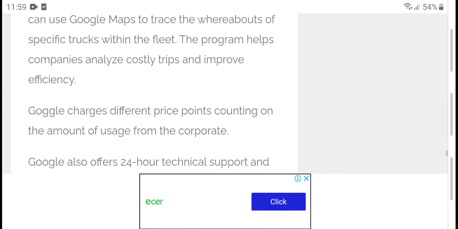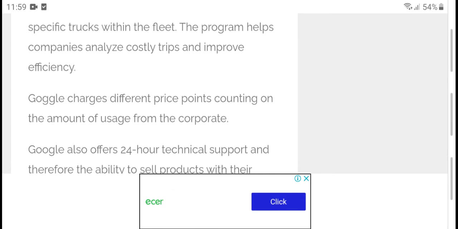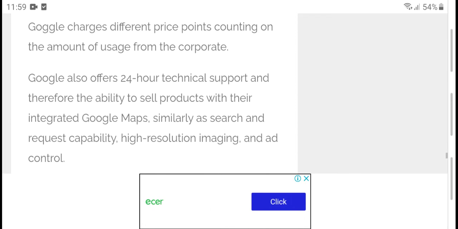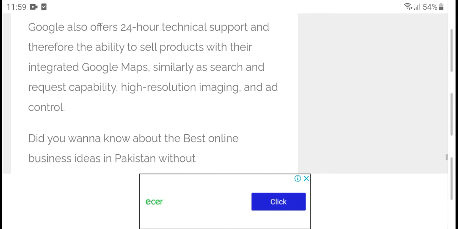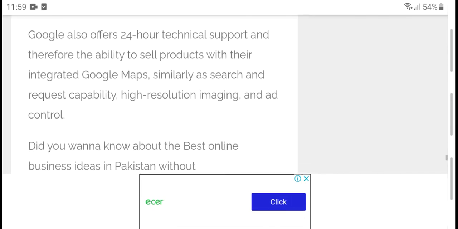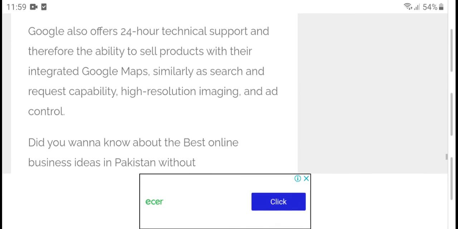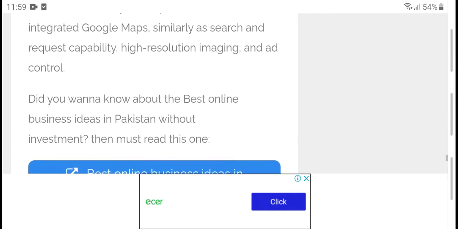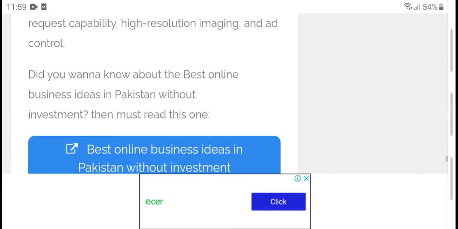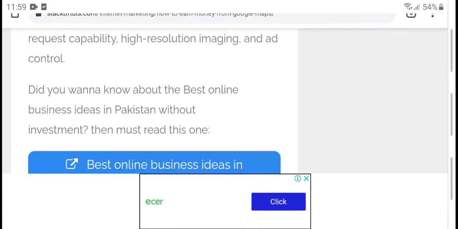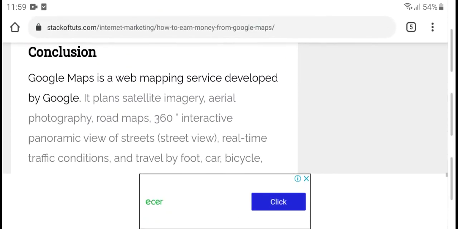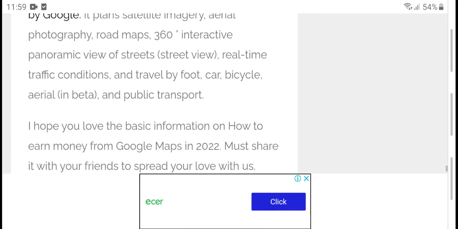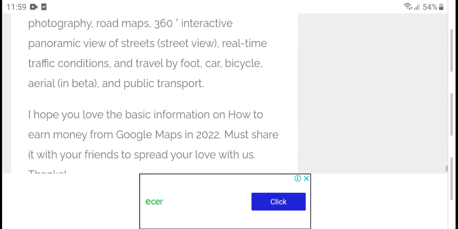Especially with the feed program, it helps Google change price points and costs. Google also offers 24 hours transmission support and targeted maps with search and high-resolution images. Google Maps has many services for developers, including photography, routes, and areas.